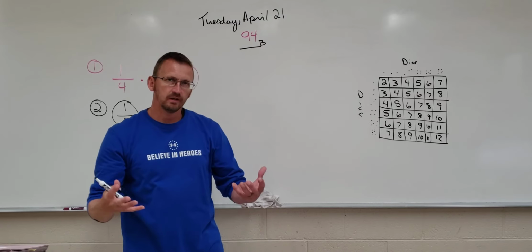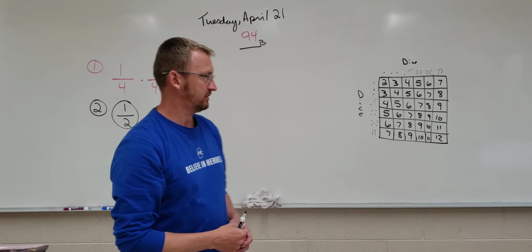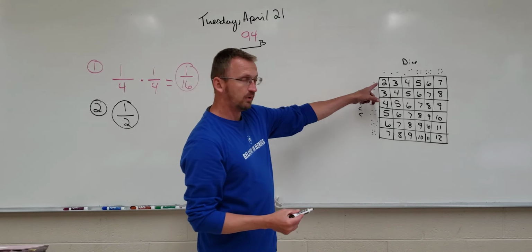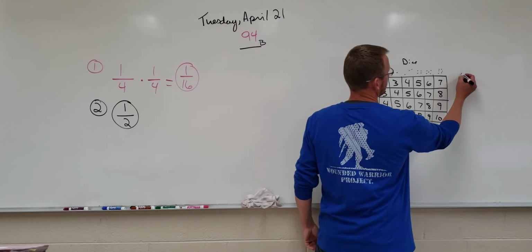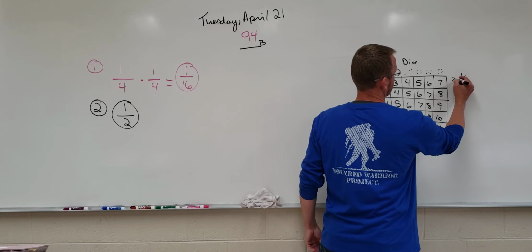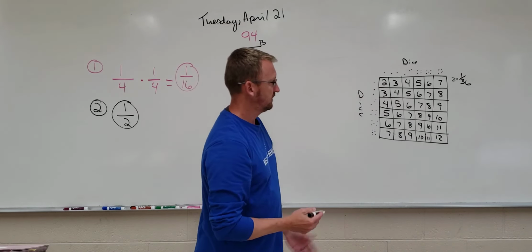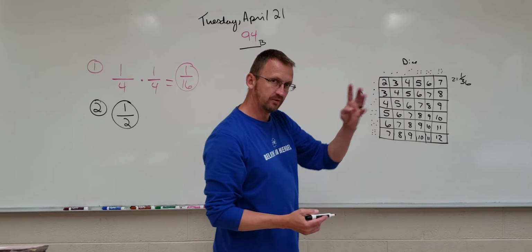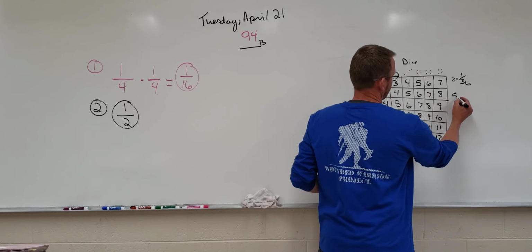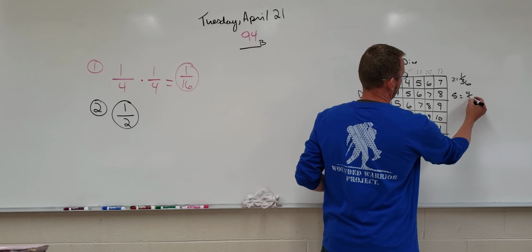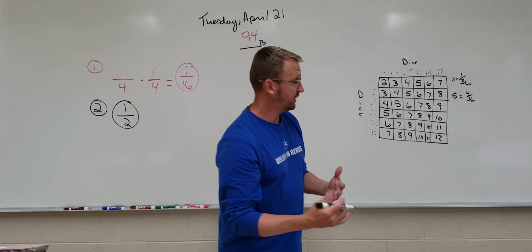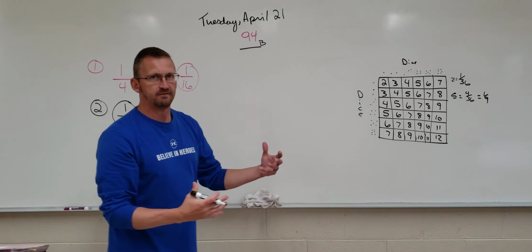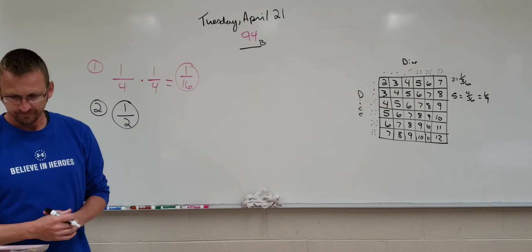So, if we're talking about probability for 2 dice, this is what it looks like. The probability of rolling a 2 is going to be 1 out of 36. Okay? The probability of rolling a 5, 1, 2, 3, 4, there's 4 of them. So the probability of rolling a 5 would be 4 out of 36, which reduces to 1/9. So that's what we're looking at for the dice, for 2 of them. So on example